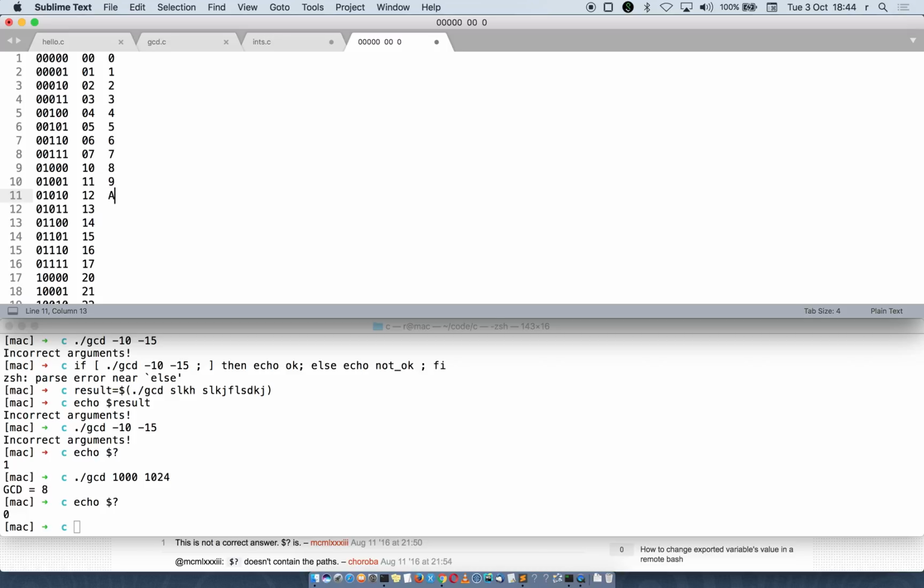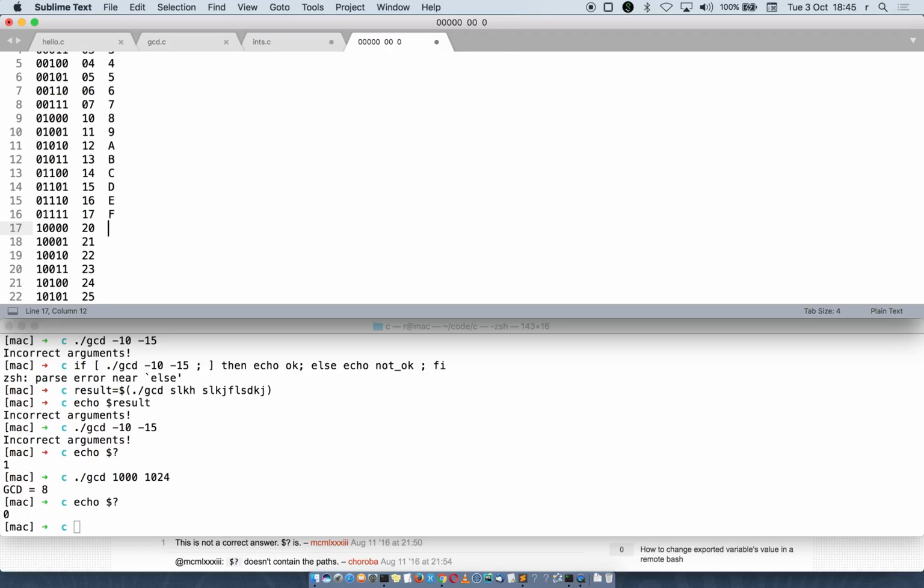So for 11, we're going to have, did I count one twice? 0, 1, 2, 3, 4, 5, 6, 7. This is A. But A is not, A is 10. Yeah, okay. Then B, then C, then D, then E, then F. And now we have 16 symbols, right? So we have to move on to